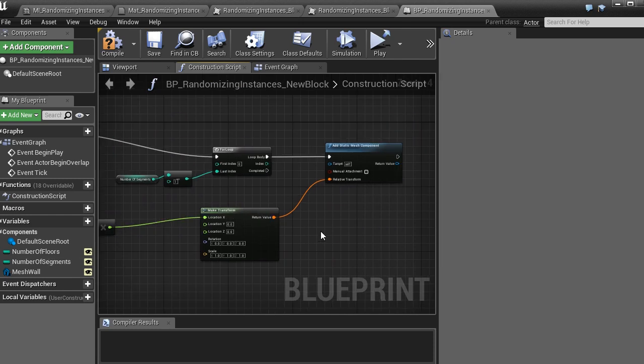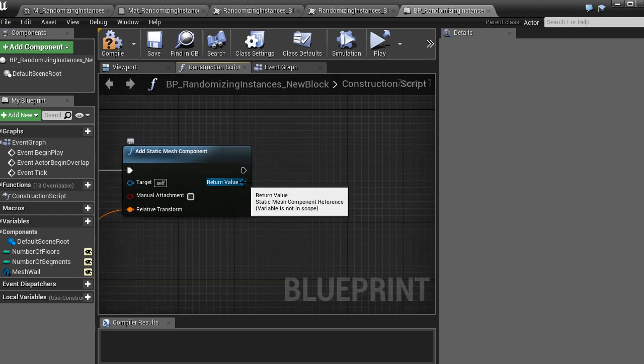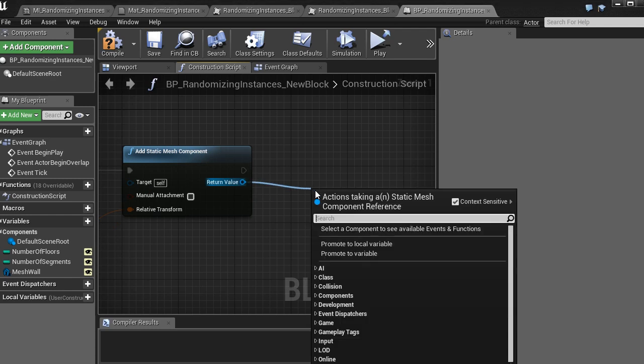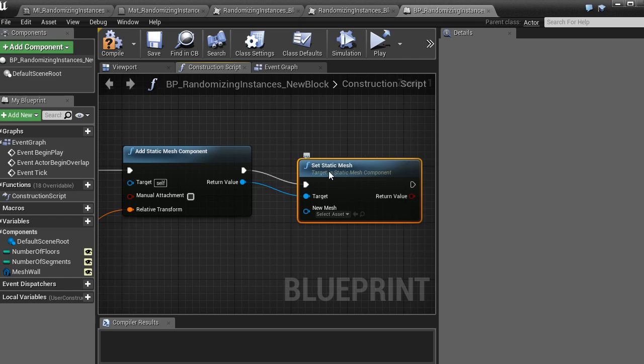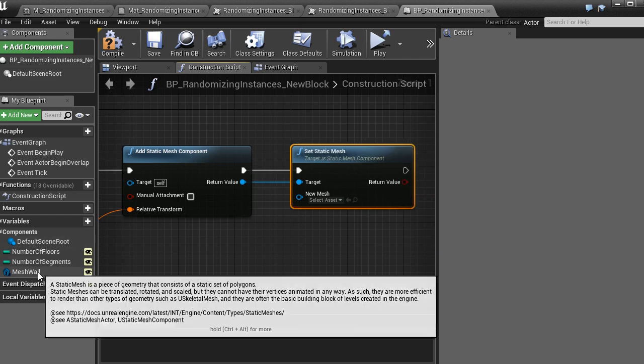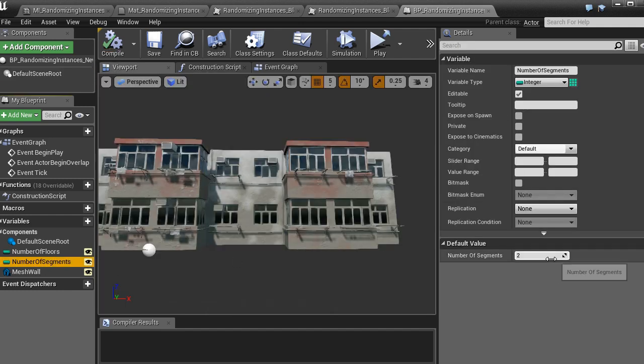Okay, what I forgot is to set the template that will be used to create the static mesh. So I take the newly created static mesh, set static mesh here, and here I take my variable, and it works fine.